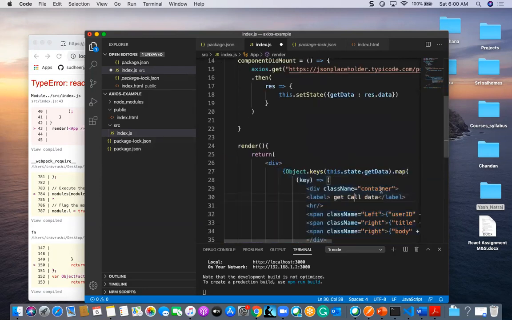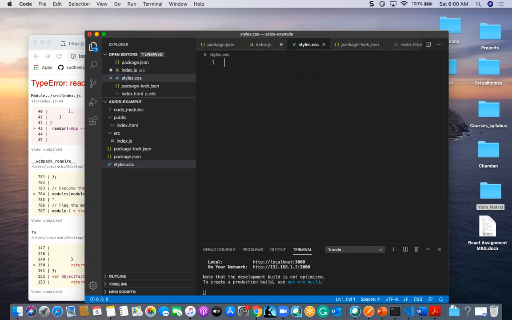So we have mentioned here the container left and right classes. So I will do one more file here, like a styles.css. So in this styles.css, I will make one, second, left and right. In this styles.css, I can mention here, like